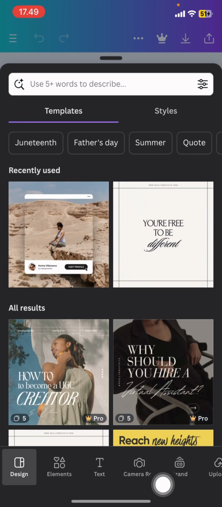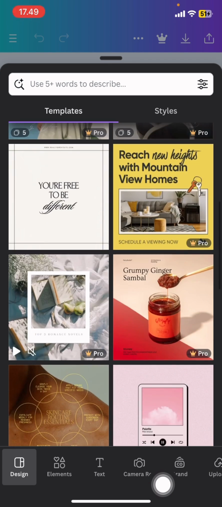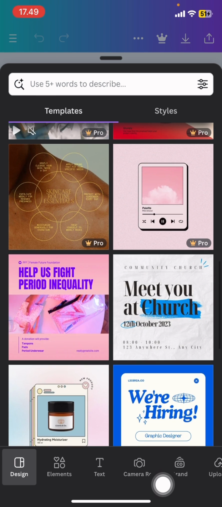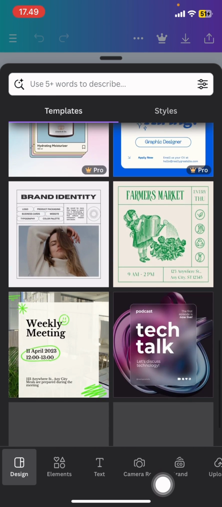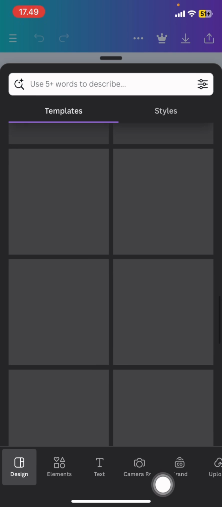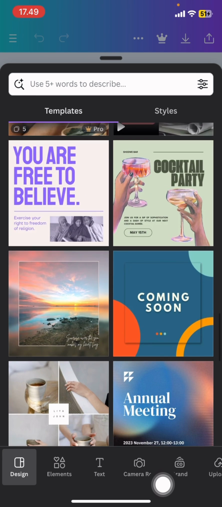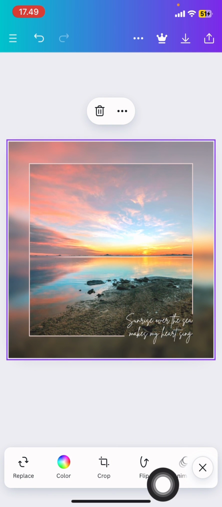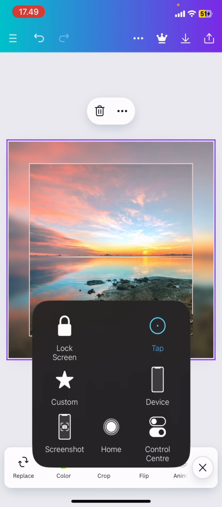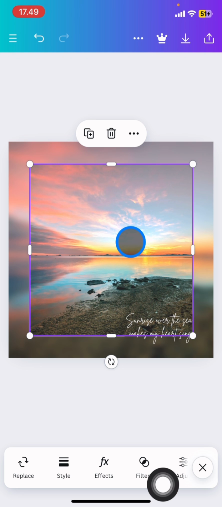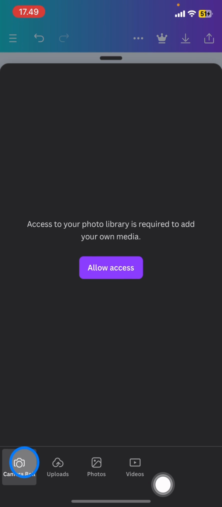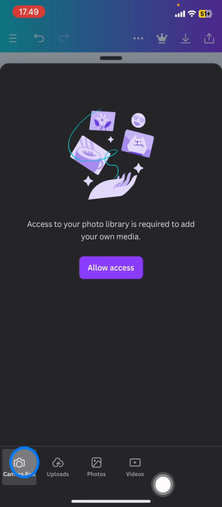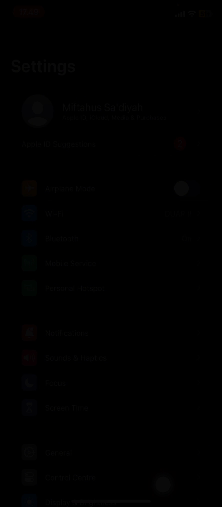And now there could be templates that you can use here, so you just need to find the template that you want to use for your Instagram feed, and you just need to click one of the designs. Next, you just need to change the picture with your own picture. Here you can tap Replace, and then tap Allow Access for your media, just to set the permissions of the